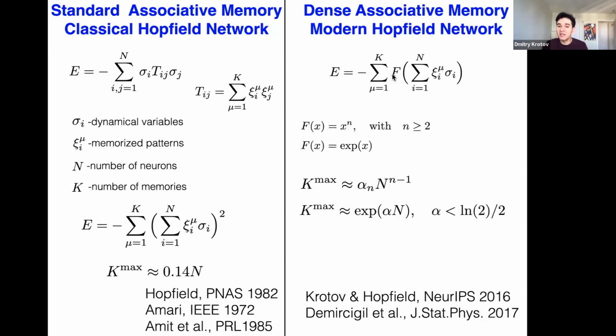From the physics perspective, when we went from the left to the right, something quite interesting happened, because notice that if this function f is, for example, a cubic function, you can technically do a trick and go back from this representation to a representation that looks like this one. You can essentially evaluate the sum with respect to the index mu. And then you would see that the energy function essentially becomes cubic in sigmas. So it's no longer quadratic, it's cubic.